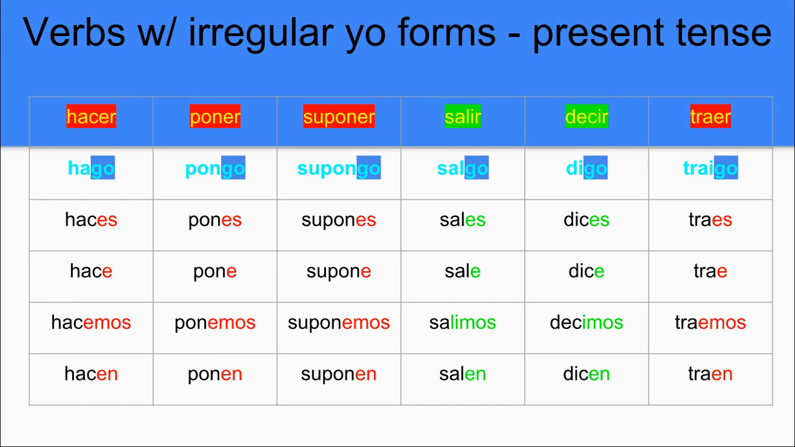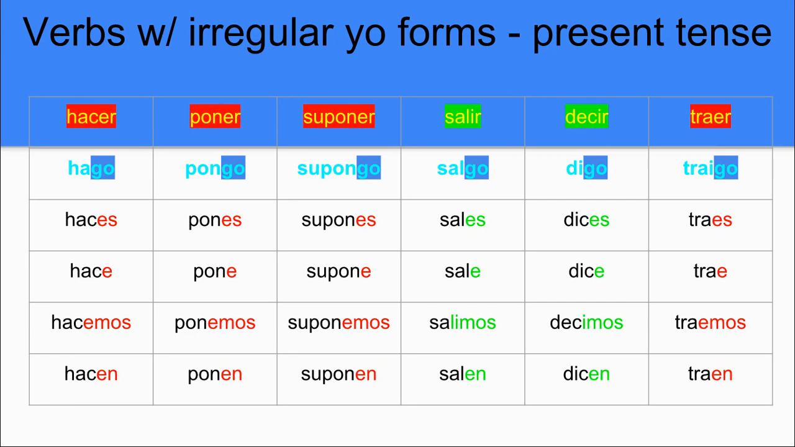Now, if you're noticing, all the words that are highlighted in red from the infinitives, hacer, poner, suponer, so on, in the red, you can see that they have the regular conjugation for ER verbs throughout the pattern. Haces, hace, hacemos, hacen. And the green words, the IR verbs, have the same appropriate conjugation for IR verbs throughout the pattern. Sales, sale, salimos, salen. The irregularity happens in the yo form, where we're going to see a go instead of just the o ending